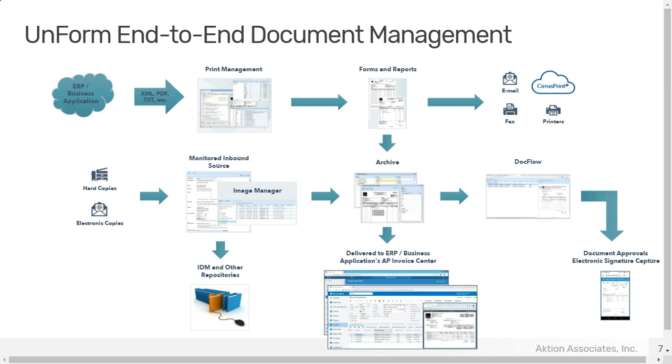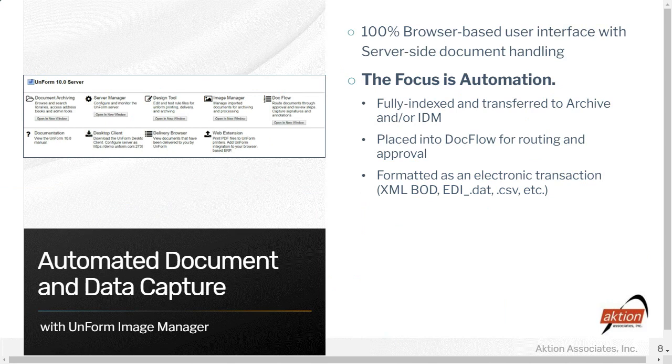And then we're going to look at DocFlow. Again, this is the application we use to route documents. I think today what we'll look at, for an example, is expense invoices. So we'll take a look at how those can be routed for approvals prior to entry into your ERP. And we'll also take a look at a couple of examples of how we can capture documents with Image Manager, extract the information from those documents, and then send a transaction directly to your ERP to minimize the amount of data entry required.